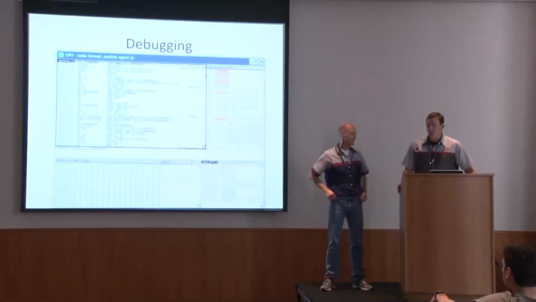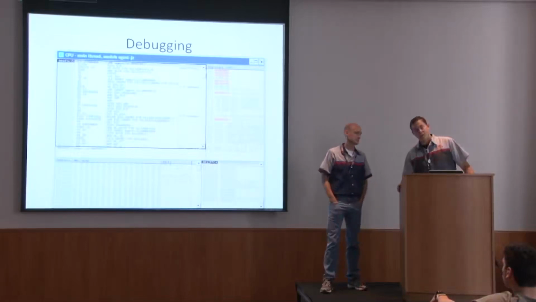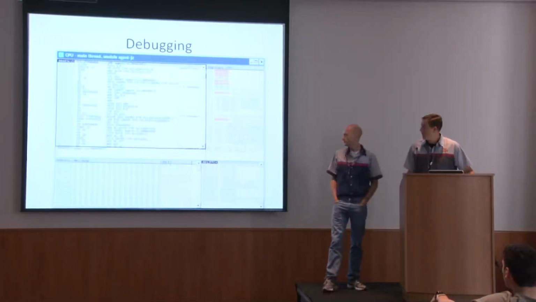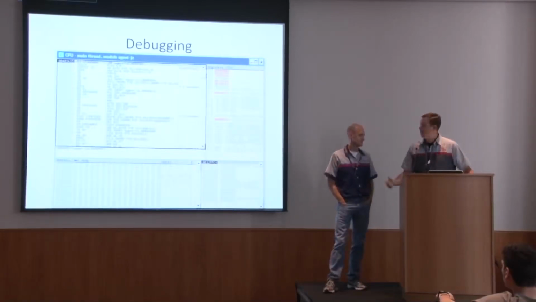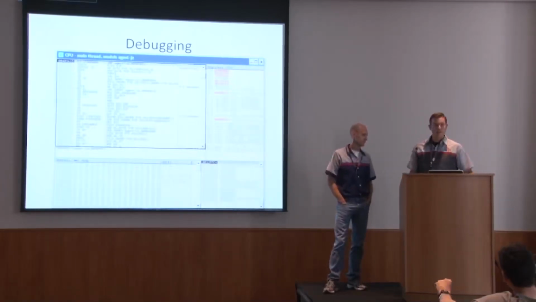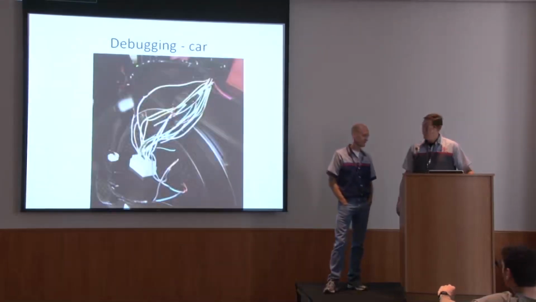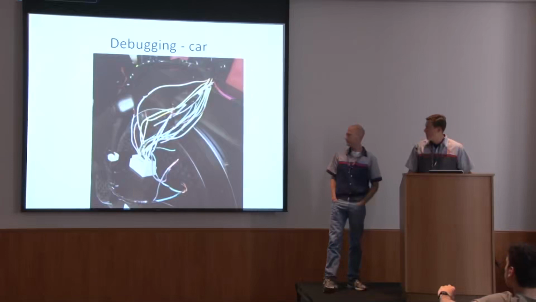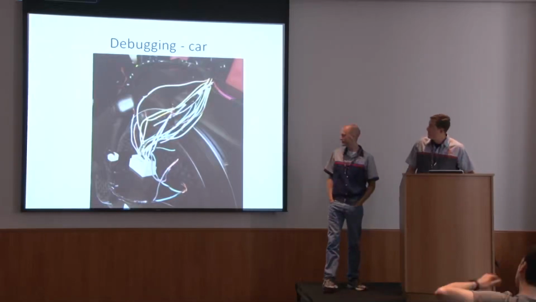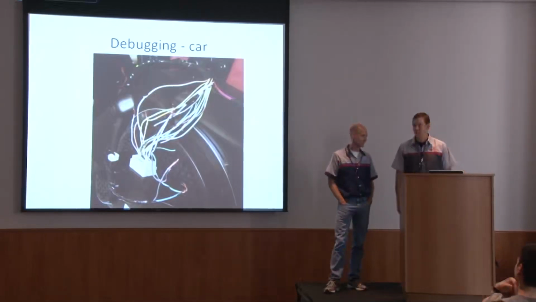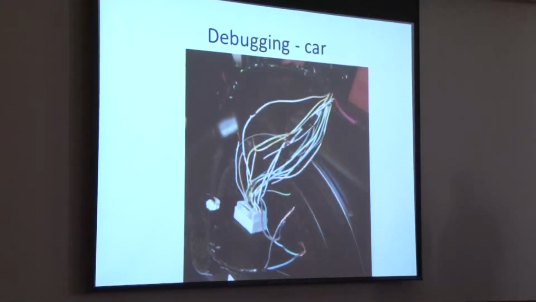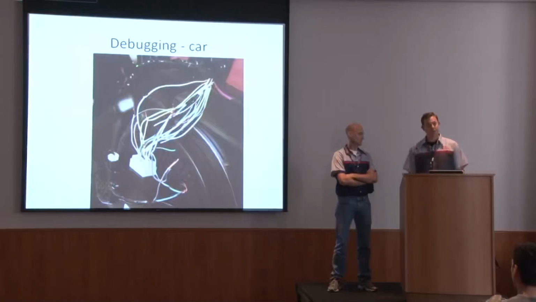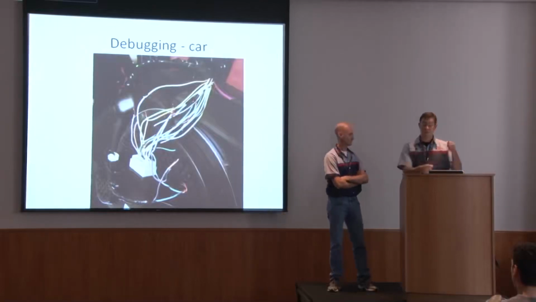Debugging, again, is a whole different story when you're dealing with cars as opposed to software. With software, you have a nice debugger. It's pretty easy. You can set breakpoints. If a process crashes, you restart the process and be on your way. Debugging in a car is a bit more difficult, as Charlie shows here. In the Ford, you're basically cutting wires and reading network traffic and trying to relate that to physical attributes of the automobile, such as braking or steering.